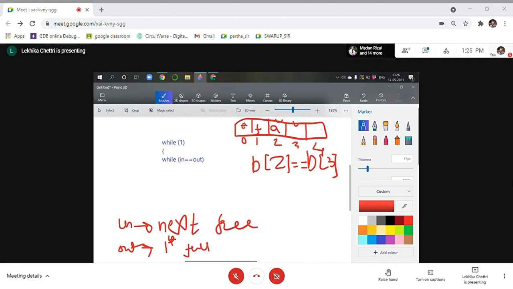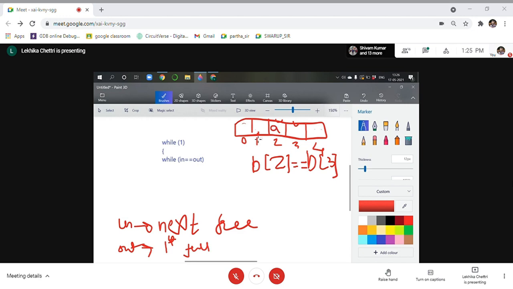Now the consumer has consumed this value, the consumer has consumed this value. So now the consumer does not want to consume it, so it is left there like that. So what is my first full? Now my first full is not these two, rather my first full is this one, B of 2. This is the first location where some value is there.